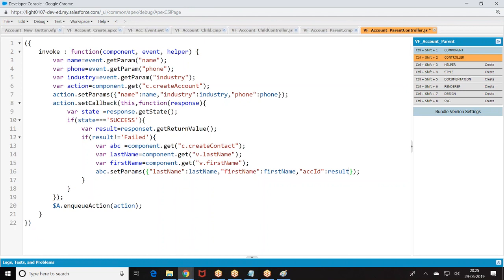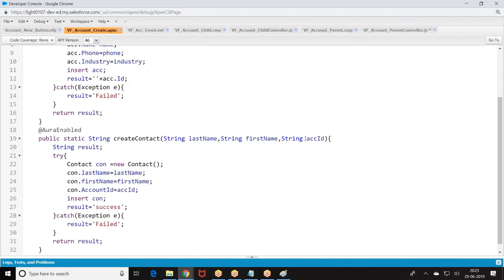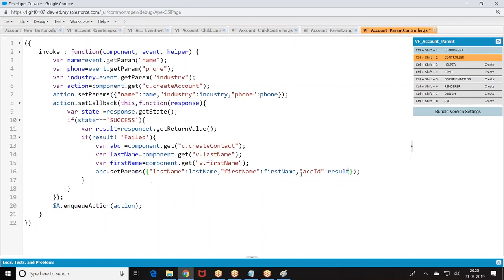Now last name, first name, and account ID. Then we are giving again where ABC dot set.